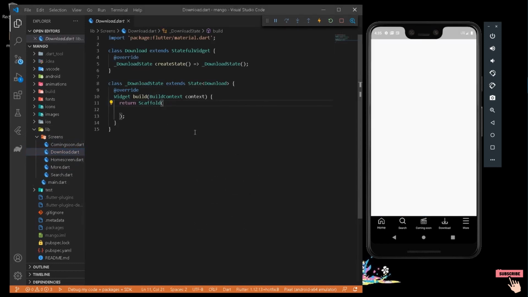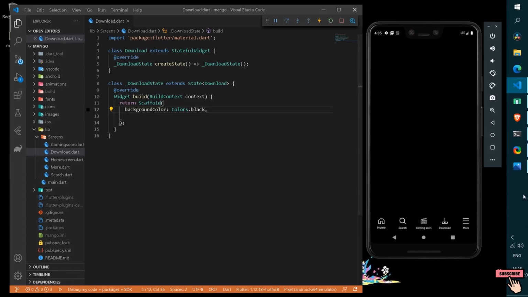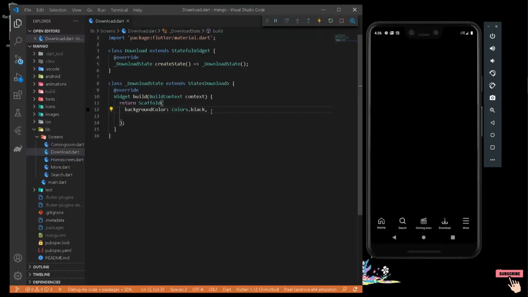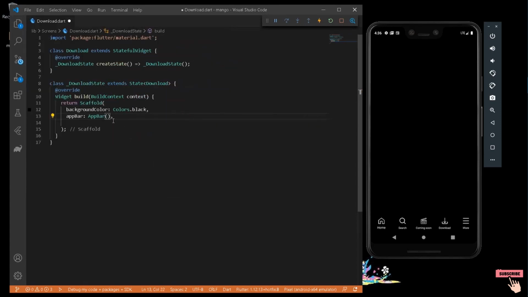Okay, so if we see here, it will simply have a background color of Colors.black. Cool. So if I check our screen, it will have an app bar as well, which will have a small notification, and also it will have a body as well as a button, which is a material button to find something to download. So now let's try to implement it once from here. Now here we can simply add an app bar, which will be a normal app bar. Let's remove this. Good. It will have a background color. So I can add a background color of Colors.black, that is black45.